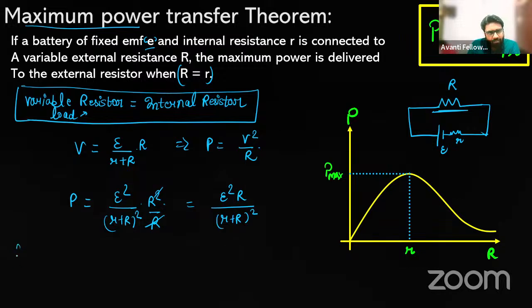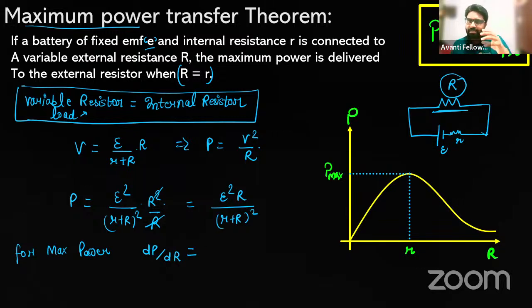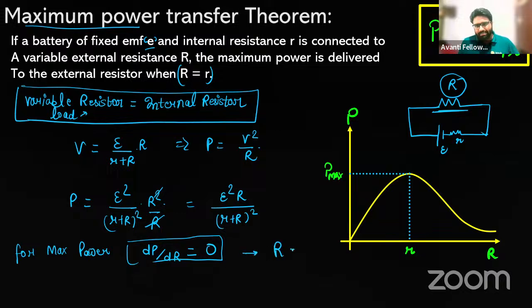Now for maximum power, for maximum power we can say that dP by dR is 0, because the variable is only this resistance, we can only vary the value of load resistor. Internal resistance is fixed with the battery. तो आप जब ये कंडीशन अप्लाई करोगे, इन दिस केस यू विल फाइंड दैट कैपिटल आर इज कमिंग आउट टू बी स्मॉल आर. ठीक है,